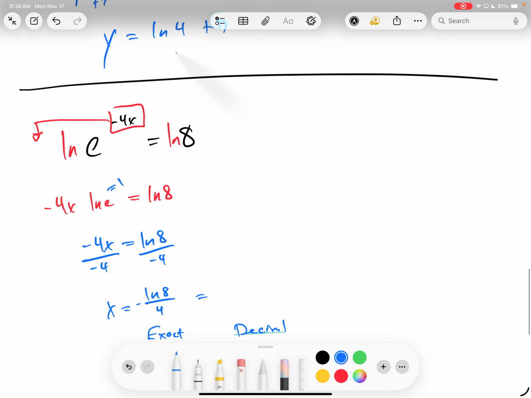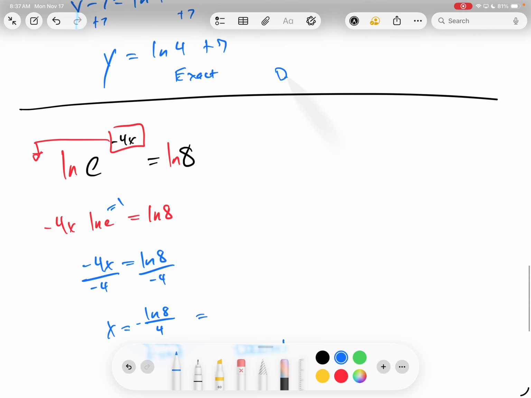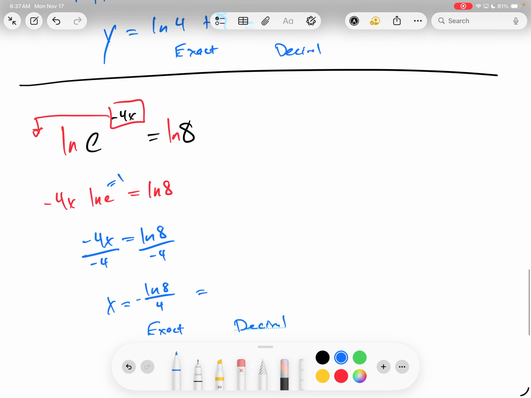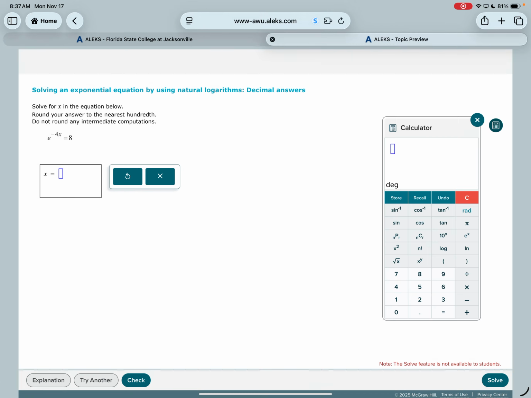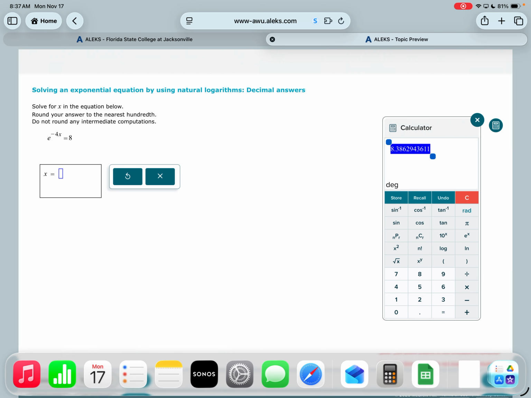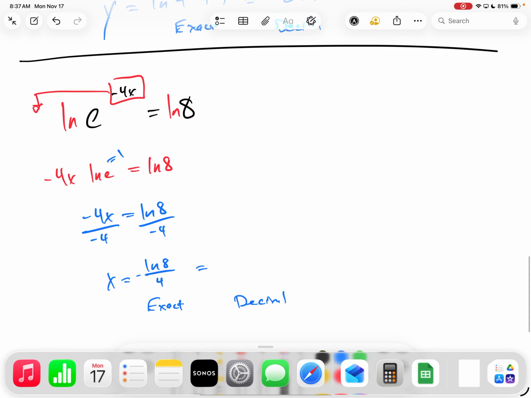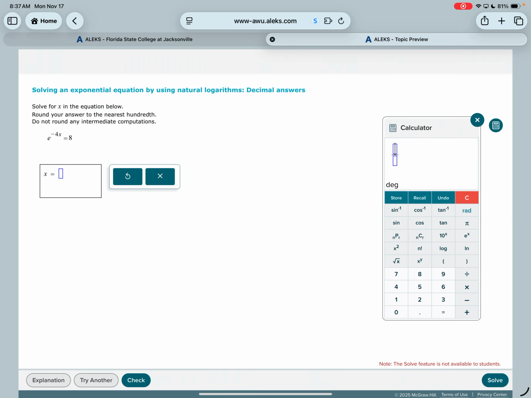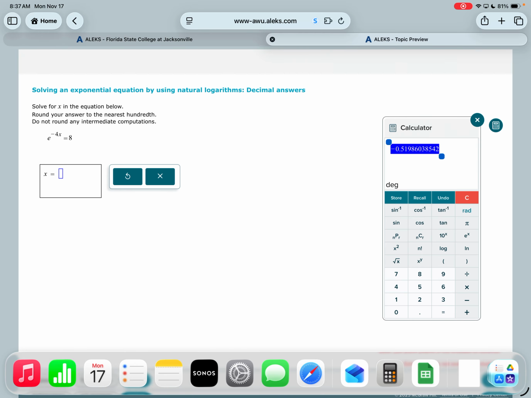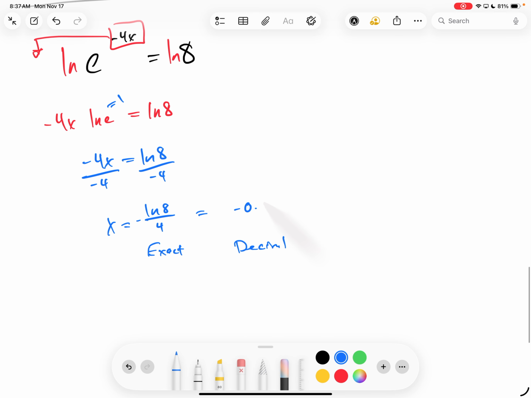I didn't write down the answer. I guess I can do it real quick for the last one. ln of x plus 7. Sorry, I'm going to go write that answer down and write down the decimal answer. 8.39. What's the decimal answer for this one? Negative ln of 8 divided by 4. Negative 0.52. All right, so that does